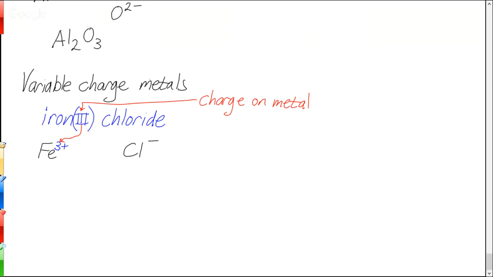You still have to balance the formula just like with any other kind of ion. So we have to say, all right, we've got an iron that's 3+, we've got a chloride that's -1. So if we make a compound, that means we need 2 more of these, right? So we've got 3- and 3+ overall. And that compound looks like this. See how that works? Okay, so try this one.